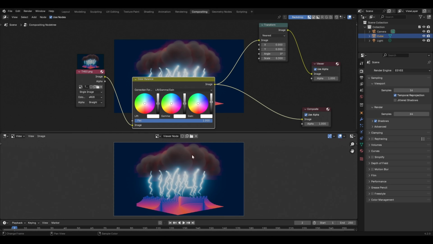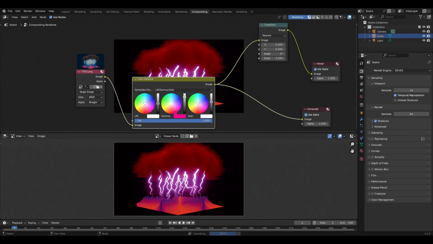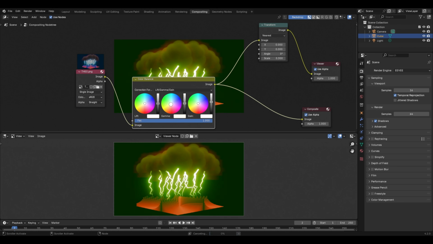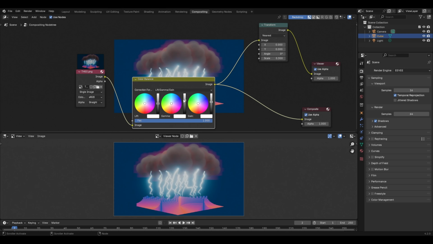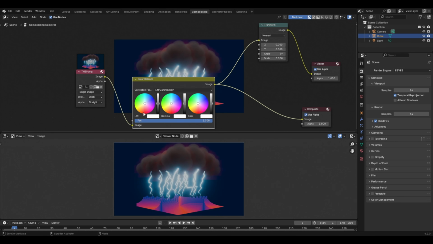So this one will control the color balance in the mid-tone regions of the image, and if I try to change the color, then you will notice that the color change is visible on almost all the regions of the image, be it the clouds or the thunder lighting or even the plane. So by using this option, you can try to do the color correction of the mid-tones, or in most of the cases, the entire image. For now, let's reset the color to the default value. Let's also reduce the brightness, and yes, in most of the cases, you will be using the lift or the gain, because these two will help you to control the colors in the darkest and the brightest regions respectively.